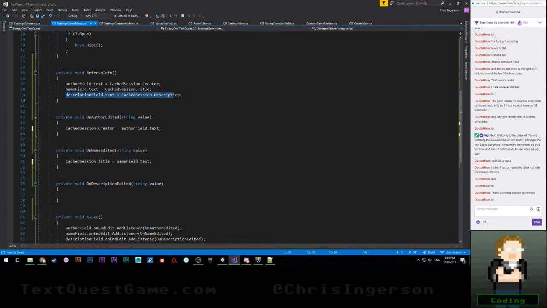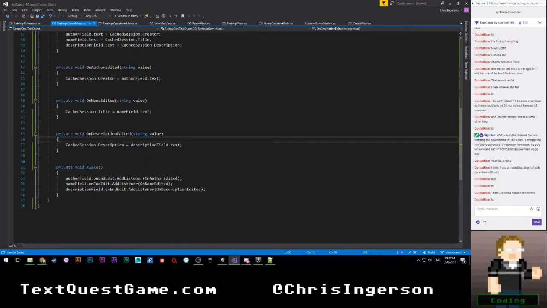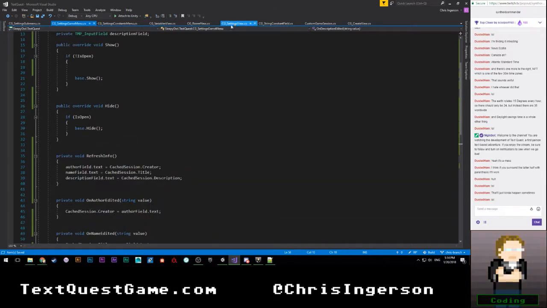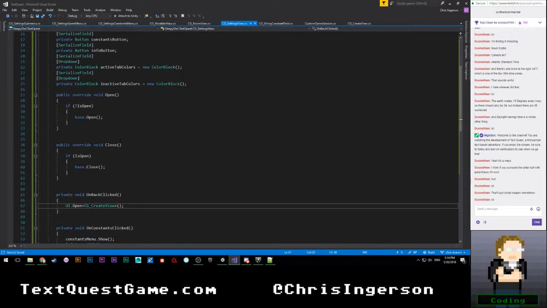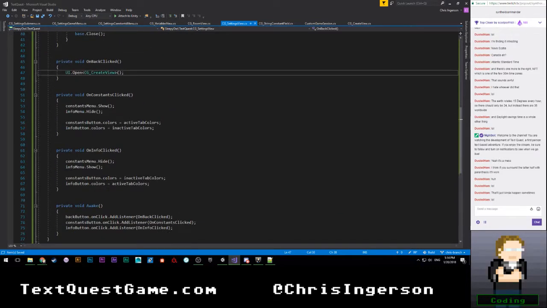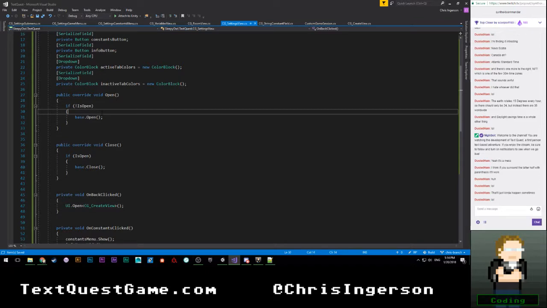Paste that in. So the last thing we're going to need to do before we can test this all out is going to be setting up our, let's see, where are you? Settings view to open our info by default and then handle tabbing between everything. It should be able to handle tabbing between the two right here. But on open here, we're going to go ahead and say